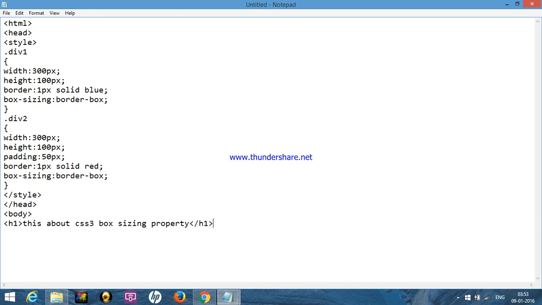Now close the text. Now open one div class. Here the class is div1. Using this, the styles will be applied to this text. This is smaller. Close the div.